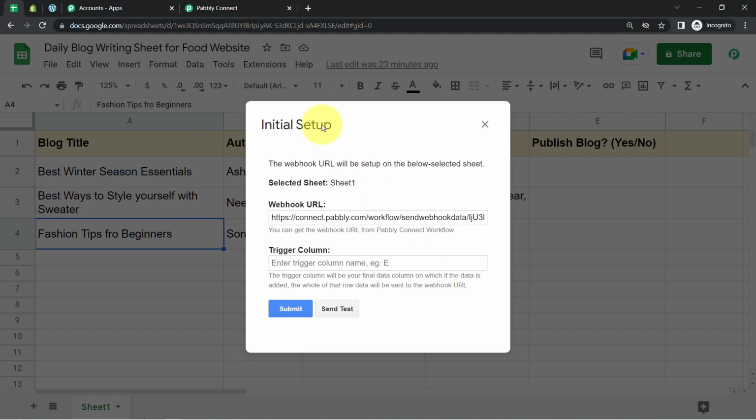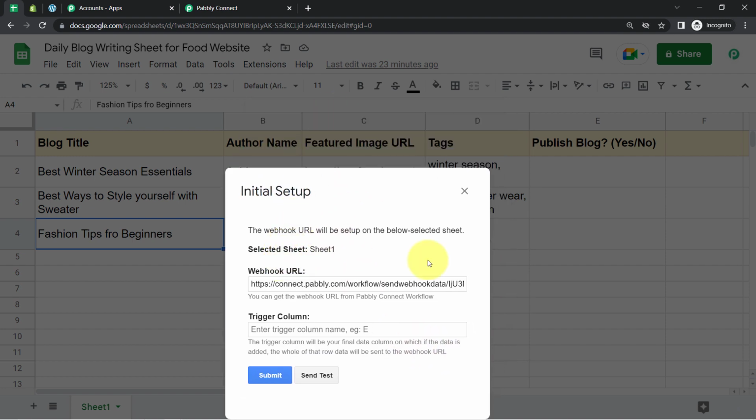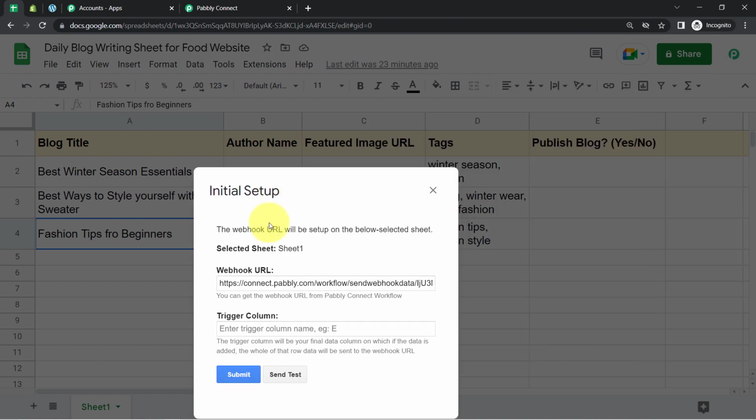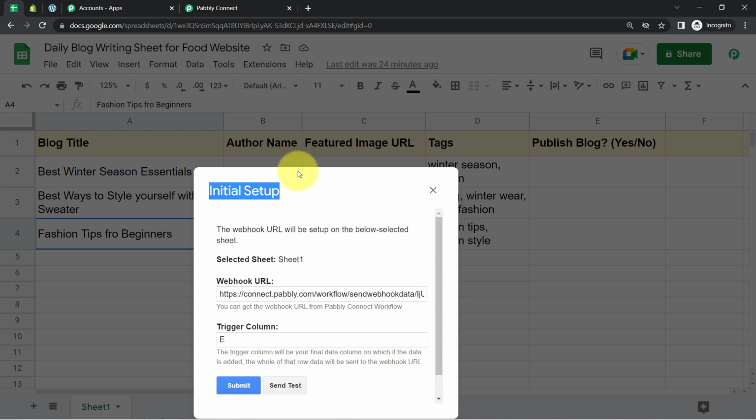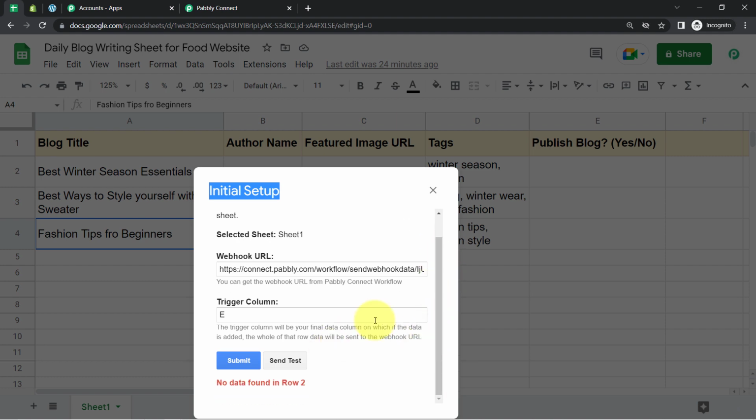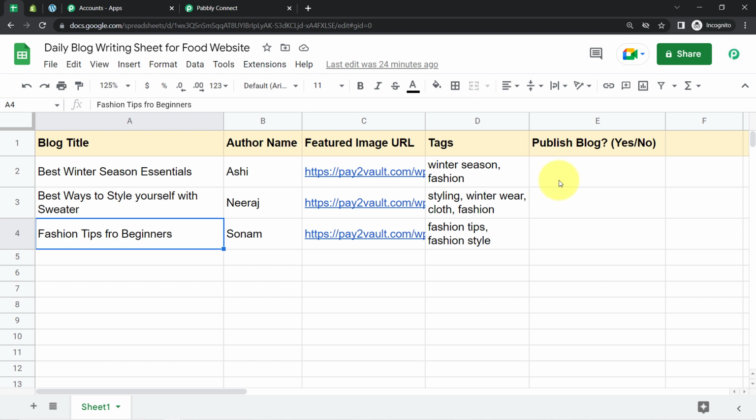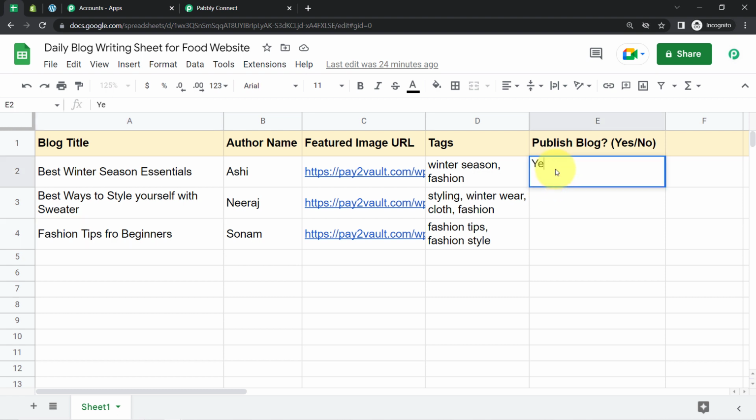Okay, so basically I want this automation to trigger whenever the data is filled up to this E column. That is why I'm going to add the trigger column as E. But when I click on send test, you will see it says that no data was found in row 2, because we do not have any data in this row 2. So let me first write "yes" here, and then you will see it will send the data to